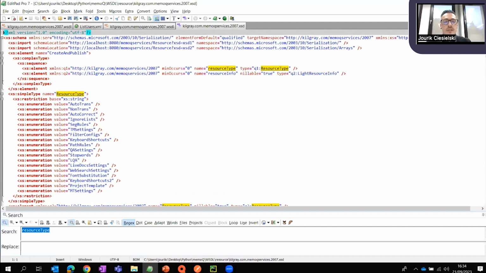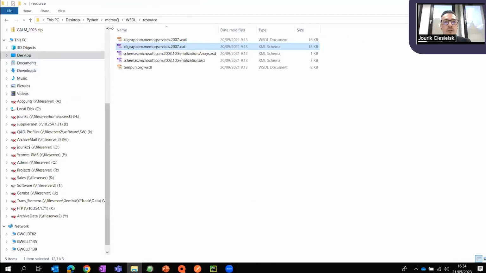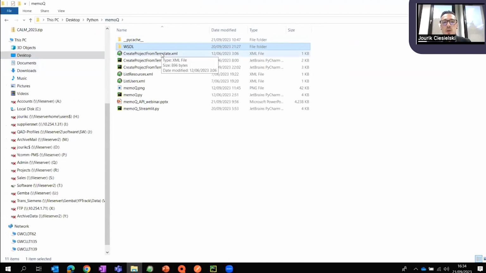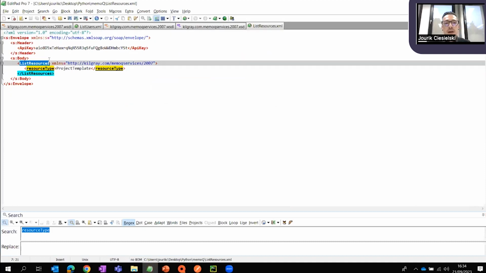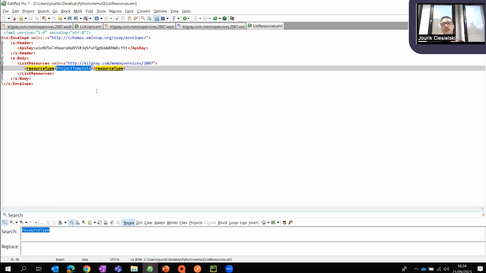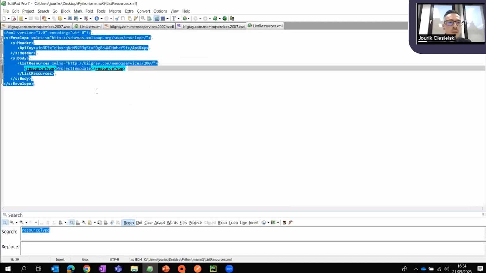So there we go. I have already constructed the entire SOAP XML body, which is listresources.xml. This will sound and look familiar already. We have the envelope root element, the header, the API key, the body. In the first element of the body, the list resources element, we have our namespace declaration, and then we have our resource type child element, which specifies the project templates as the resource that we want to list using our API call. So let me quickly copy paste this XML file,